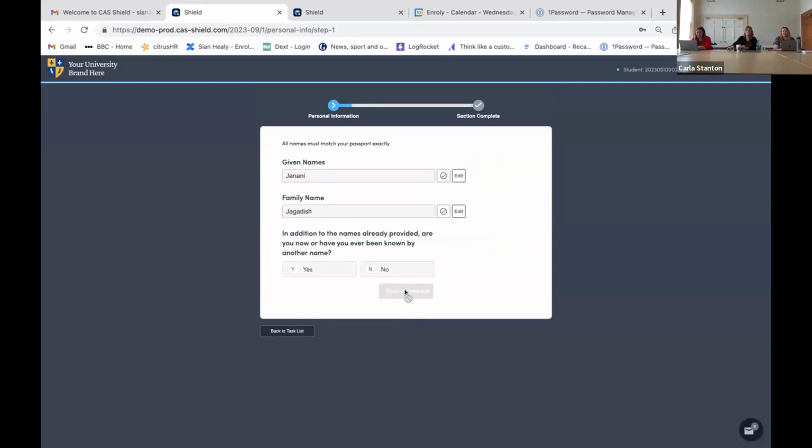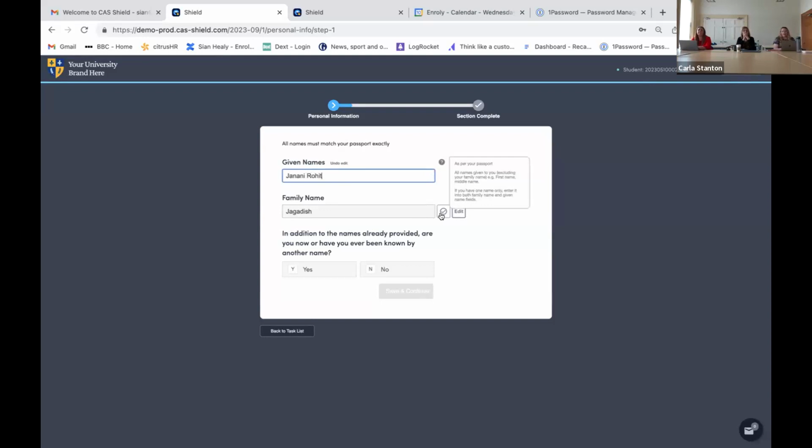So for example, here we can see now that the Save and Continue button is grayed out, and we wouldn't be able to move any further at this point. So the student would need to confirm that the name is correct or to edit that information. Now, if they need to edit this, perhaps they forgot to include their middle name on their first application, for example, they can click here to edit and just add in a middle name here. So,